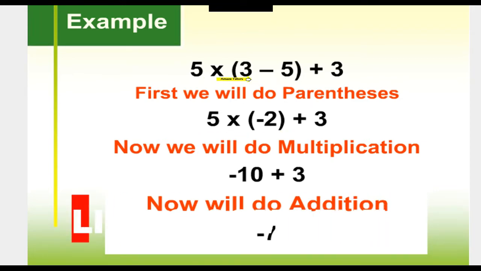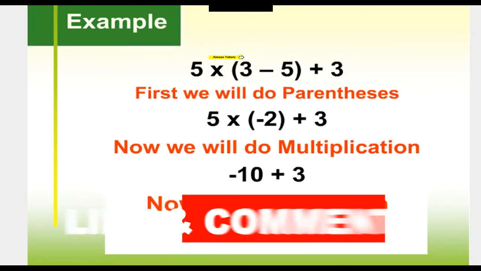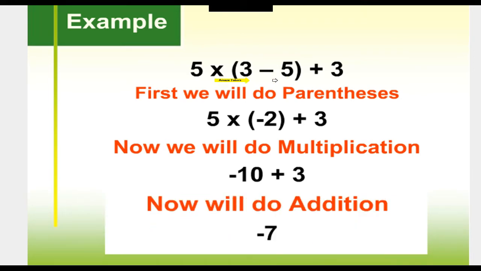This is because of two different signs: take away the smaller from the larger and keep the sign of the larger number. That's why negative 2. Now multiplication and addition, we will do multiplication. 5 times 2 is 10. As it is negative, different signs, negative answer. That is why negative 10 plus 3. Now we will do addition. The larger number is 10, so after subtracting, keep the larger number's sign, which is negative. The final answer is negative 7. So because of this parenthesis, the final answer completely changed.